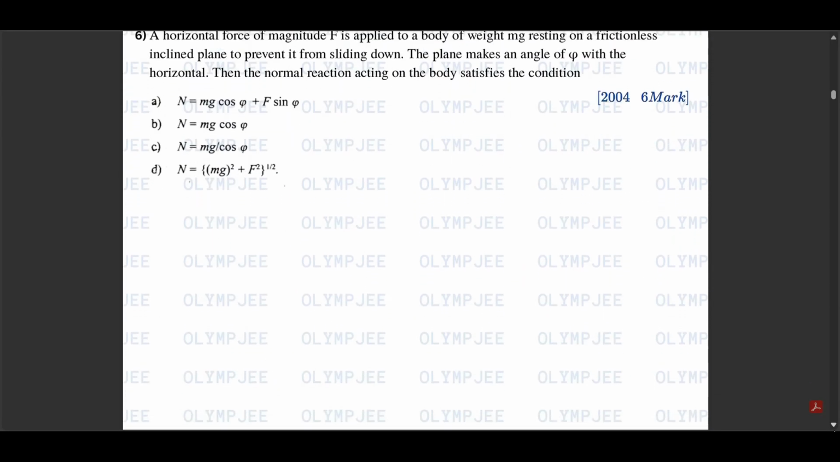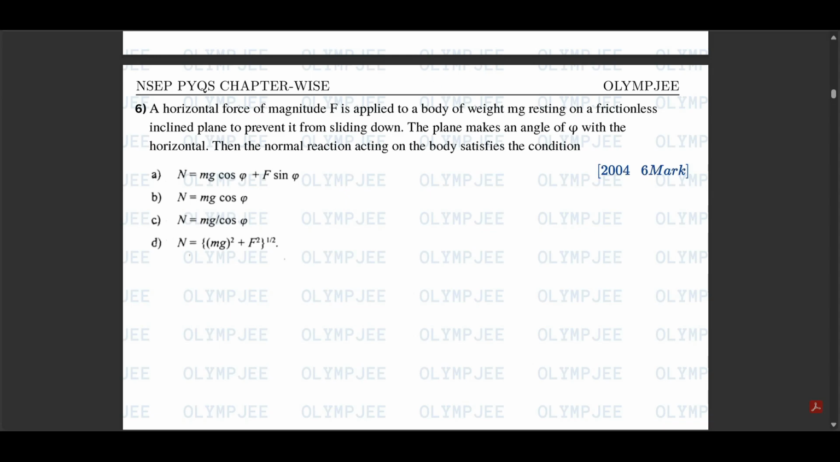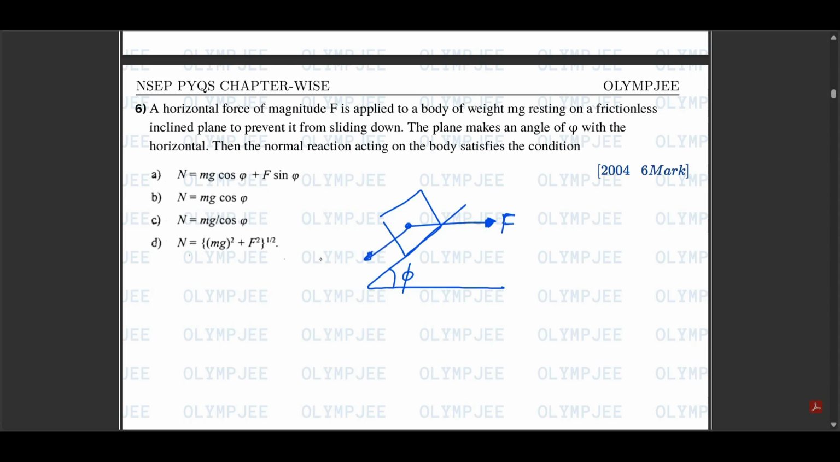So moving on to the sixth question, we have a horizontal force of magnitude F applied to a body of weight mg resting on a frictionless inclined plane to prevent it from sliding down. The plane makes an angle of phi with the horizontal. Then the normal reaction acting on the body satisfies the condition. So the body is on an inclined plane of angle phi, and a force is being applied in this direction to prevent it from sliding down, and mg sine phi will be acting in this direction, mg cos phi will be in this direction,